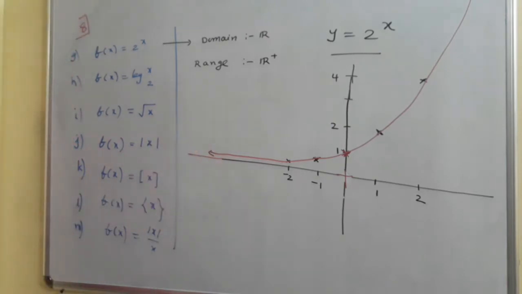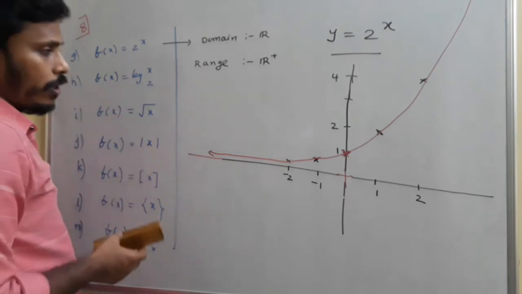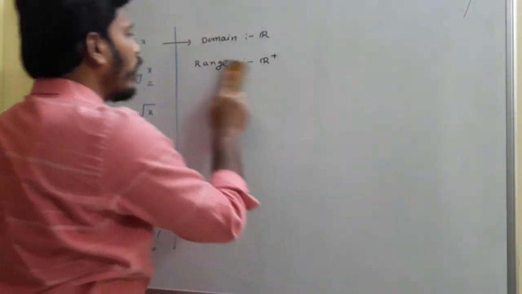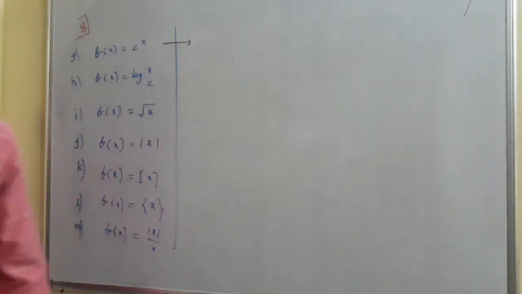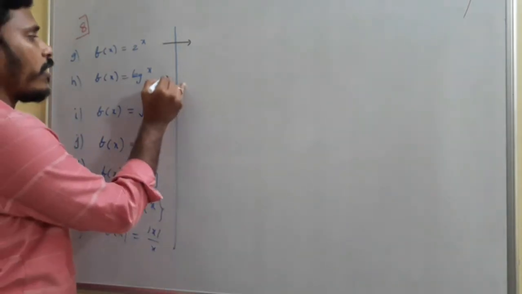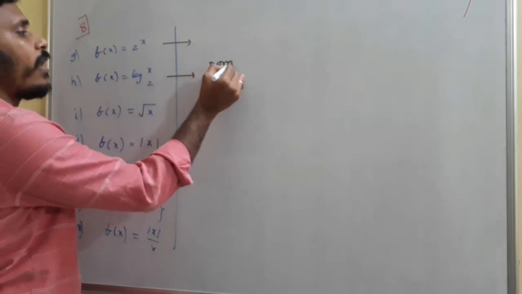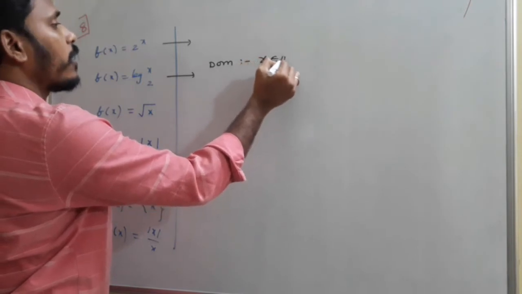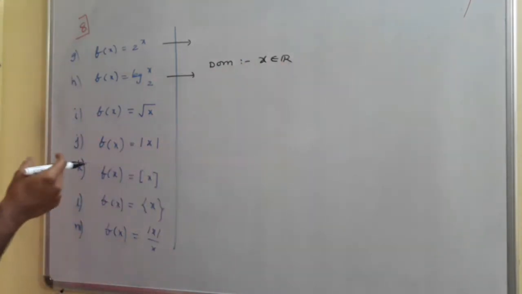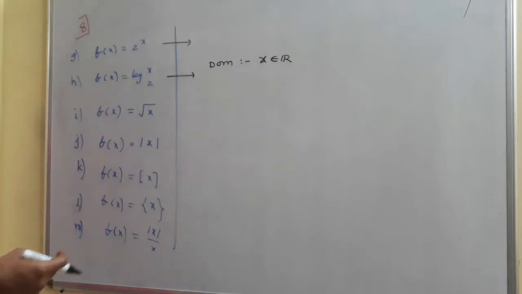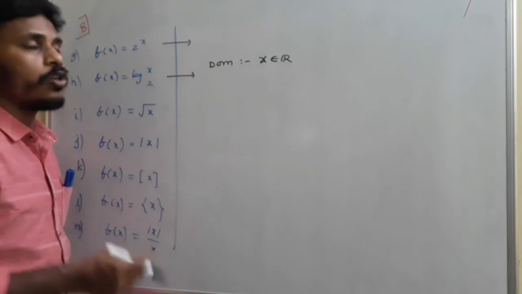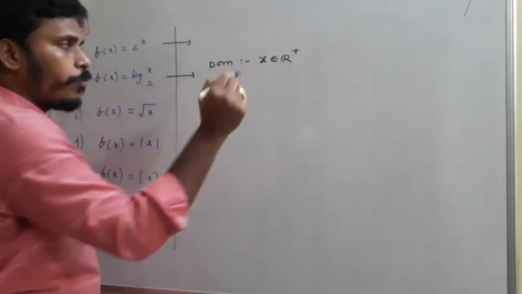And then the next thing is f of x is equals to log x base 2. Then think about it. What is the sketch of the graph and what is domain, range? We know that from the basic definition of log x base 2. To define a logarithm for a real number, that number must be positive. So clearly x belongs to R. For log x base 2, domain is all the real values. Is it right? No. Logarithm exists only for positive real numbers. So the domain is only positive reals.